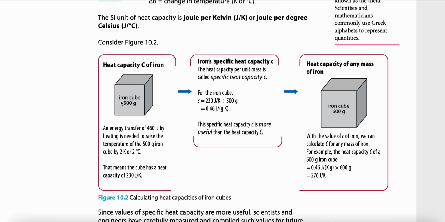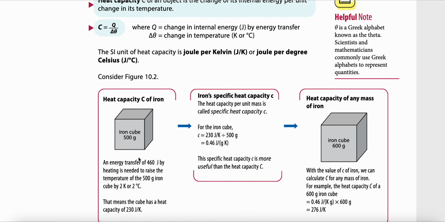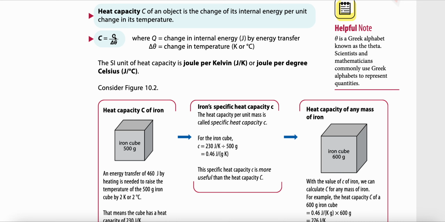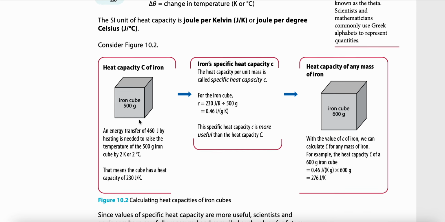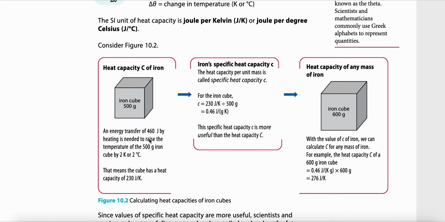And I realize that this 500 gram of iron actually raised in temperature by 2 degrees Celsius. What is the heat capacity of the object? I'll just take the amount of heat pumped into the object, which is Q, divided by the temperature change in the object, which is delta theta. Alright, so the Q is 460 divided by 2, and that will give me 230 joules per Kelvin or degree